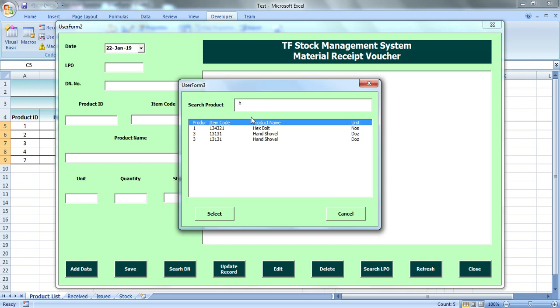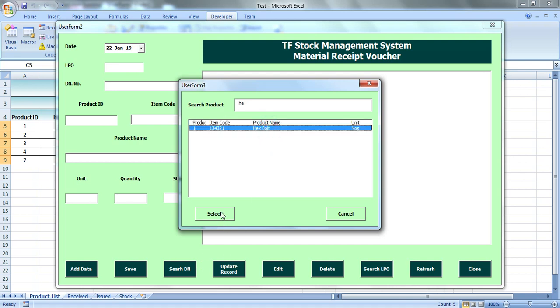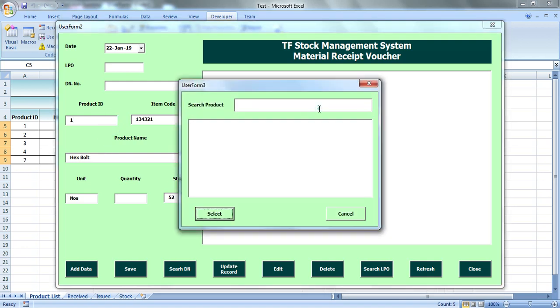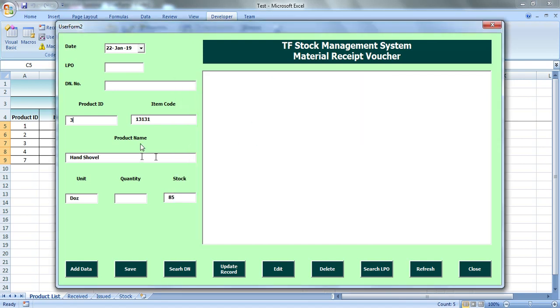I write only H, and all the values which contain H are showing in the list box, and you can filter it more. You can see when I select this, okay, and I click this, the value will come here. If you double click this, it will still show in the text boxes.